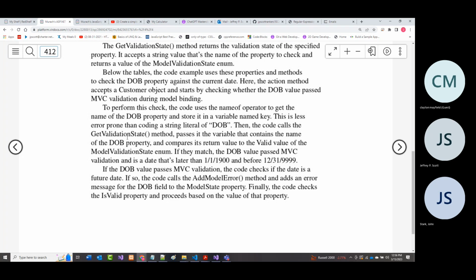All right. Then if those two things succeed, then I can go in there and make a check. Now the system, since it's a date type, should automatically check to make sure that the month is between 1 and 12, the day is between 1 and 31, or 1 and 30, or 1 and 29, or 1 and 28. Now, it says here, the date of birth value is a date that's later than this and it's before this. So again, they talk about the future date.